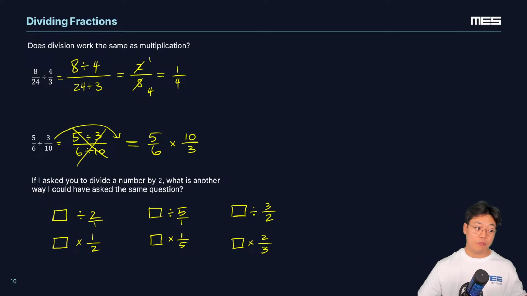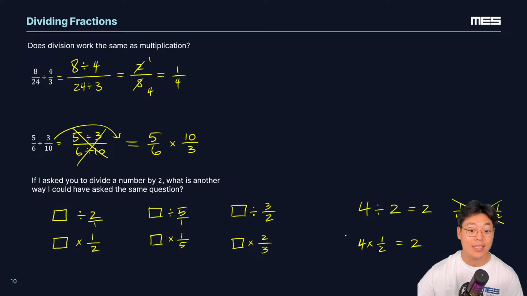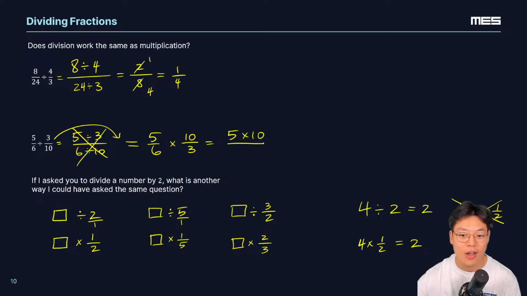Yes, so we don't flip the left side because think about it. If you have 4 and you're dividing 4 into 2 pieces, each piece will give you 2, correct? So this is 4 times 1/2, and that's equal to 2. But what if we flip the other one, right? If we flipped 4, that would give us 1/4 times 2, and that'll give us 1/2, which wouldn't work, right? Yes, exactly.